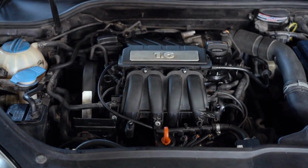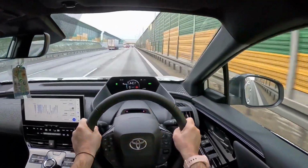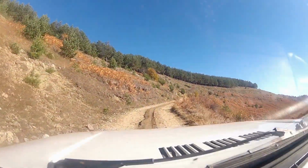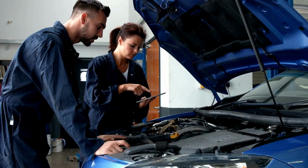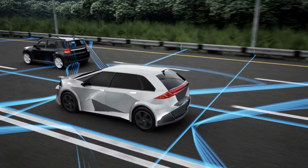The BZ4X's powerful electric motor provides instant torque and power when you need it most. It's capable of producing up to 302 horsepower and 317 pound-feet of torque, so you can be sure you'll have the power to tackle any terrain. Plus, its 3-phase AC synchronous motor is designed to be efficient and reliable, so you can enjoy a smooth, comfortable